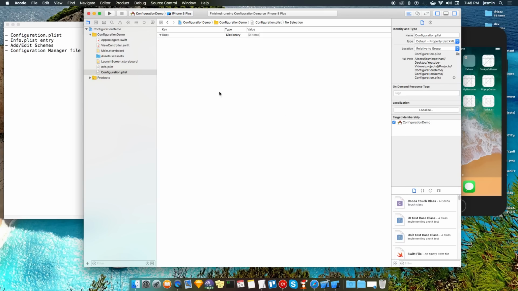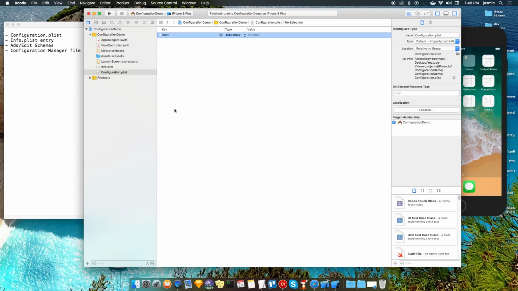As you can see, there is nothing inside. There is a root dictionary. We have to give two things over here, for development and for production. And as you work in your company, like development, staging, and production, you can manage that also.